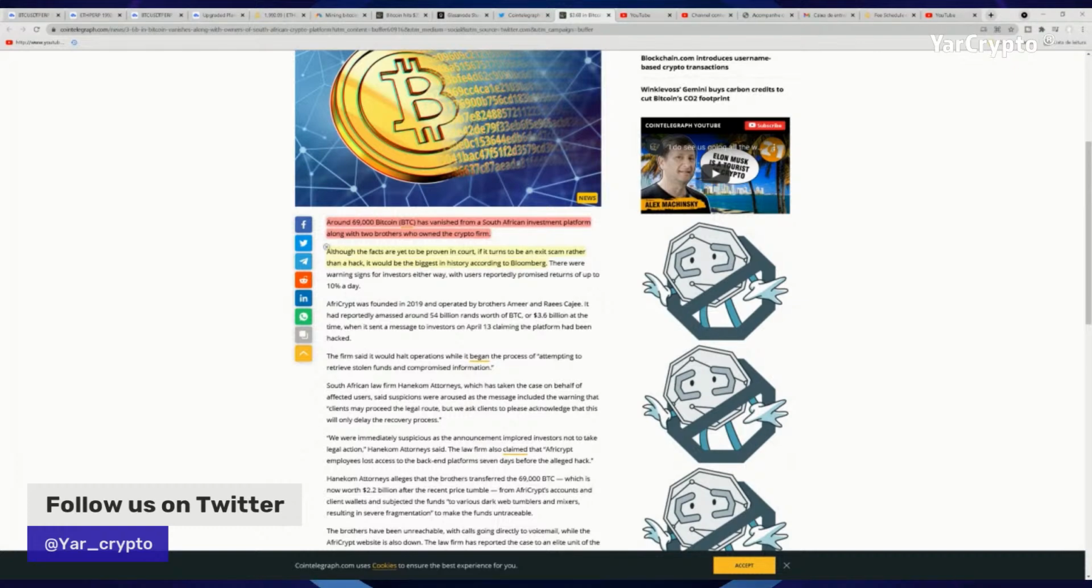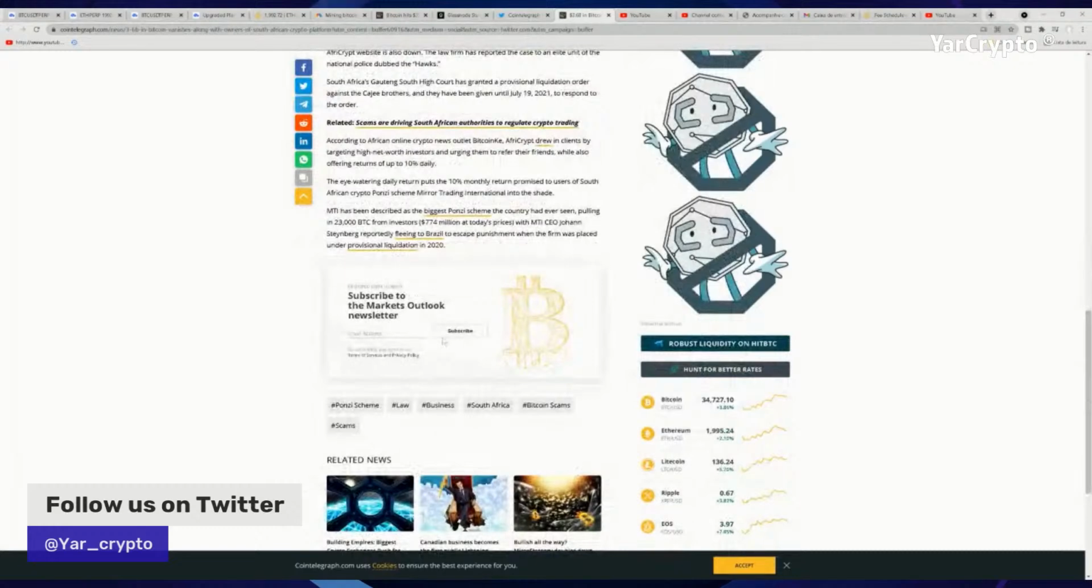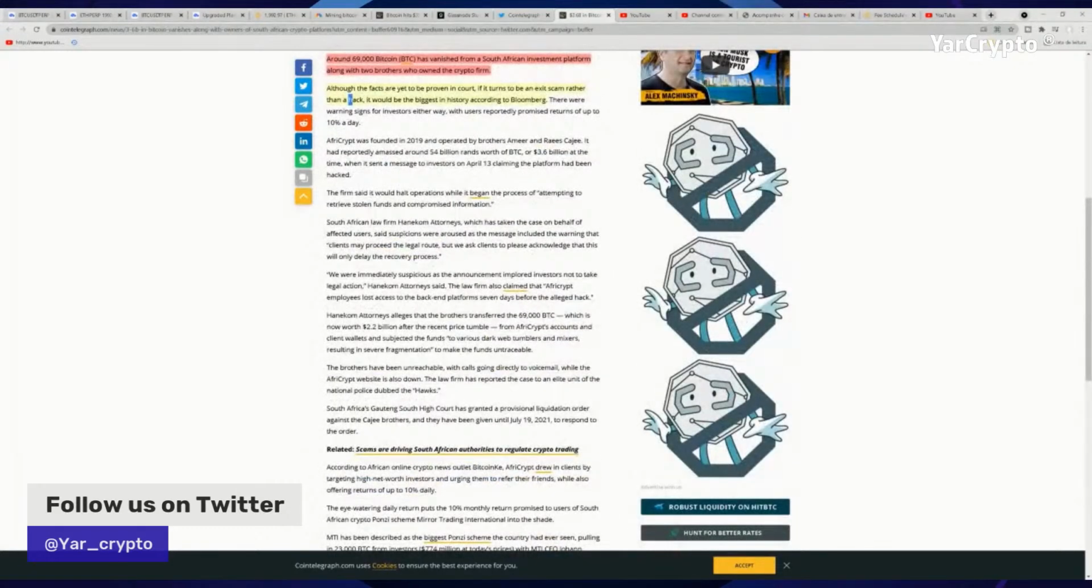But although the facts are yet to be proven in court, if it turns out to be an exit scam rather than a hack, it would be the biggest in history, according to Bloomberg. Yeah, so this is some big stuff. And they talk here about the attorneys as well. They say